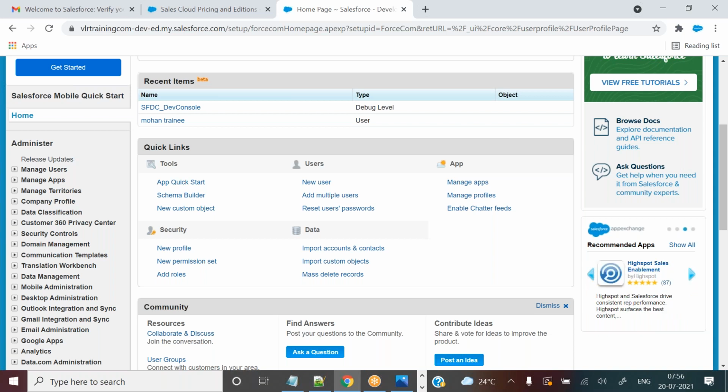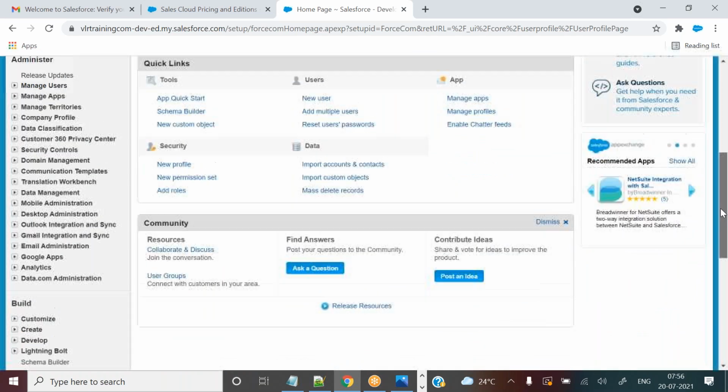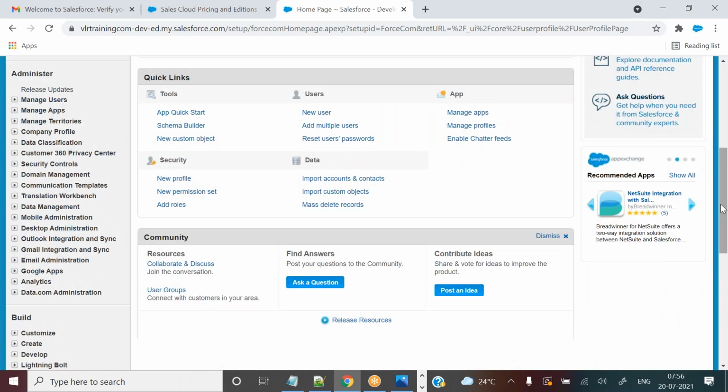In one project you may use a few features, and in another project you may use a few other features. But in a single project you cannot use all these features. In this training, I'm going to explain the common features which are used in all projects.